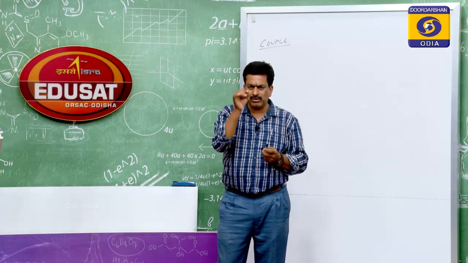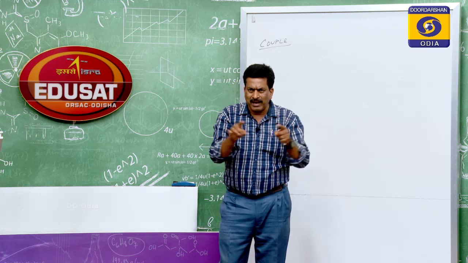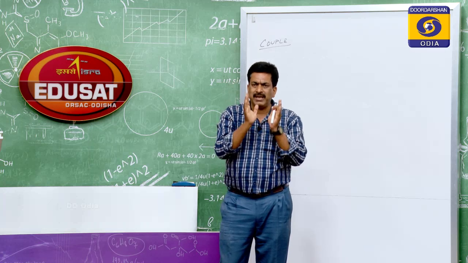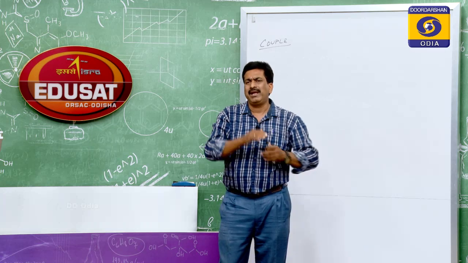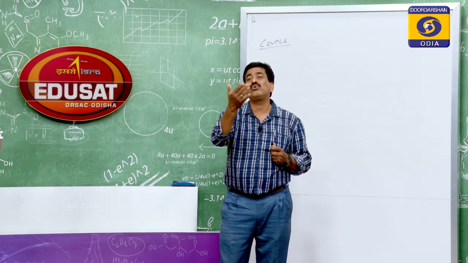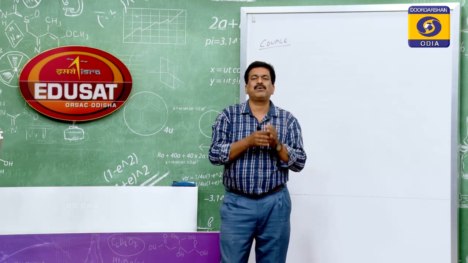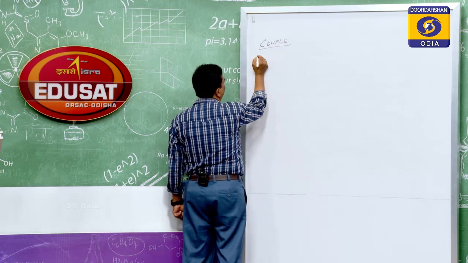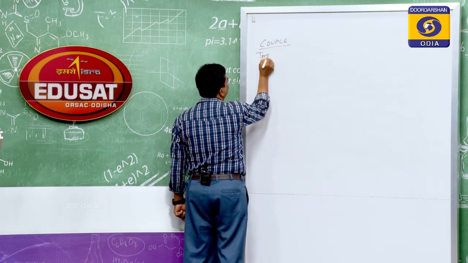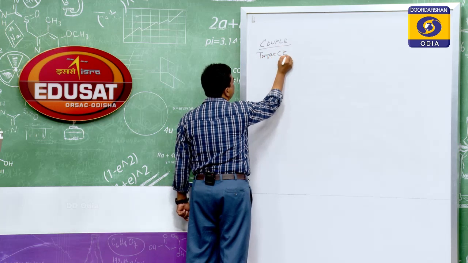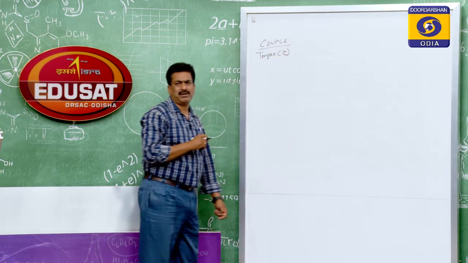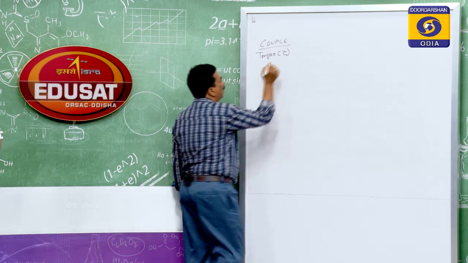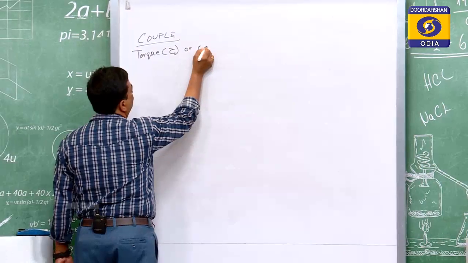So, here the question is, if a rectangular conductor is placed in a uniform magnetic field, it automatically starts to rotate, and that is being developed by human beings. So, today we are going to find out the torque, which in physics has a symbol known as tau, torque or couple